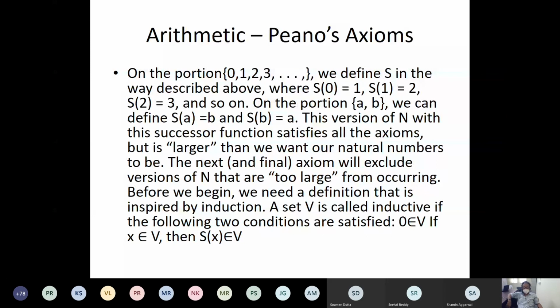Before we begin, we need a definition that is inspired by induction. A set V is called inductive if the following 2 conditions are satisfied. 0 is in V,